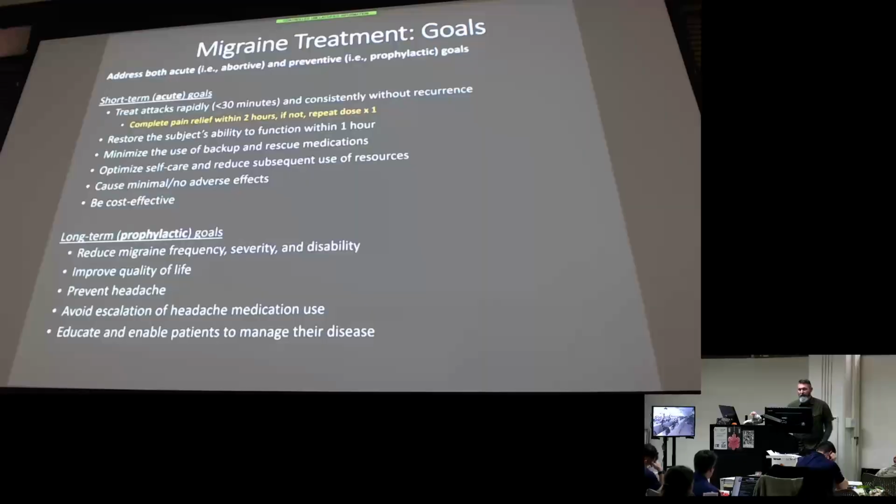And then as far as long-term goals, as our second goal for migraine headaches, we want to reduce how often the patient is getting migraines, how long they're lasting, how bad their disability is when they do have migraines, and then we want to prevent them from coming on, right? And once again, keep their use of the abortive agents, the acute agents, to a minimum. And a lot of this is educating our patient as well, as on the last bullet.